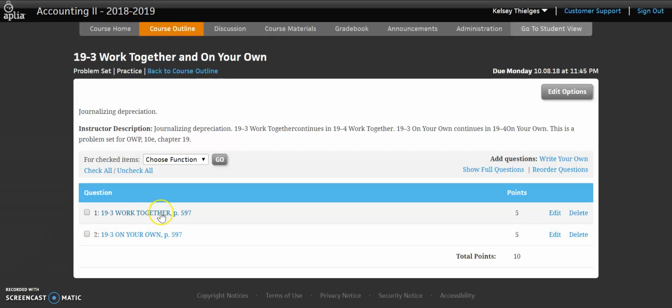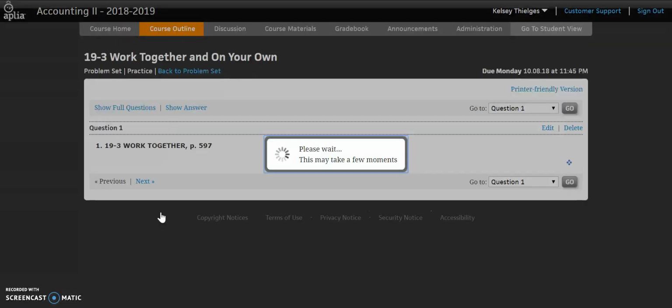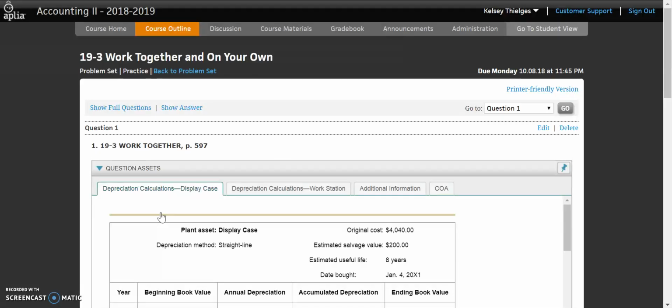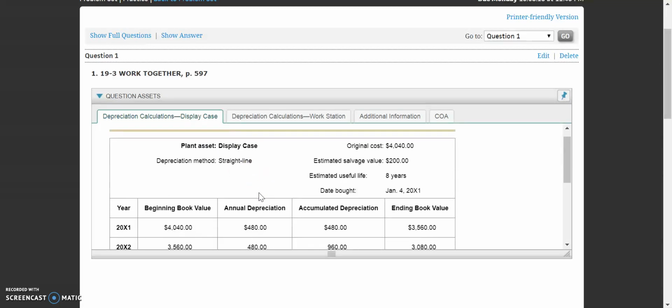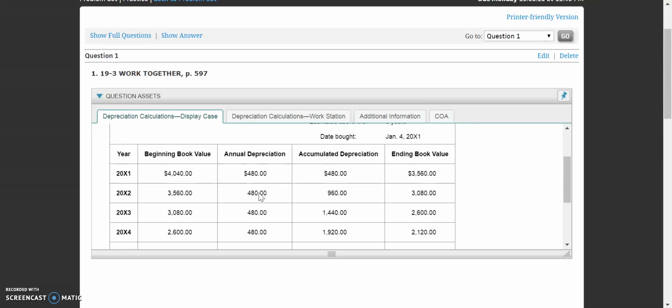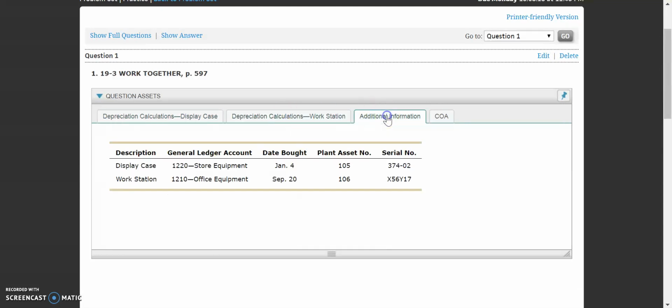Okay, let's go ahead and click into 19.3 Work Together, where we will be completing some plant asset records as well as journalizing our adjusting entry for annual depreciation. So we have a few tabs up here in our information spot I just want you to see. We have the depreciation calculations that we would have done in 19.2 with our depreciation expense for a display case, as well as the workstation,